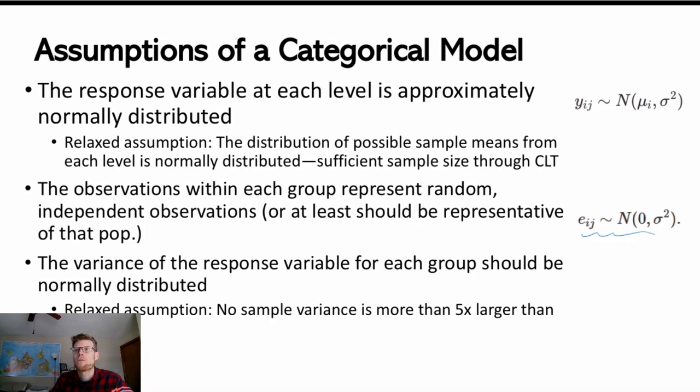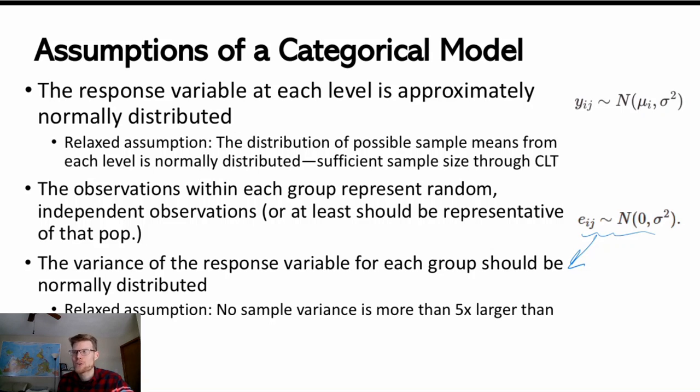All right, so the variance of the response variable, oh, sorry, this one, okay, that makes a lot more sense. This goes with this term right here. I was like, wait a second, I don't think that's right. The variance of the response variable for each group should be normally distributed, such that I have kind of these